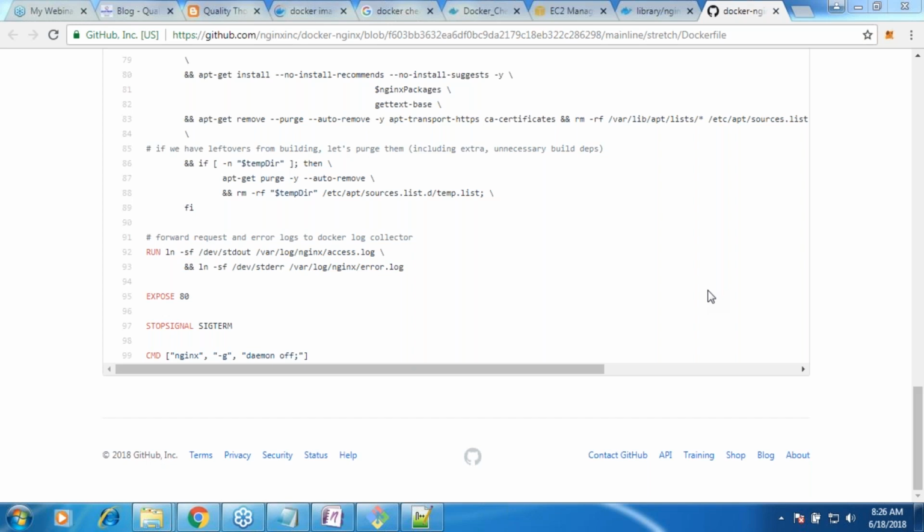Can we run two web services in the same container? Technically possible. Design wise, you should never do that. Technically it is possible, but the way Docker has been defined, that is against its definition. Is it possible? The answer is yes. Good. Any other questions in the room?